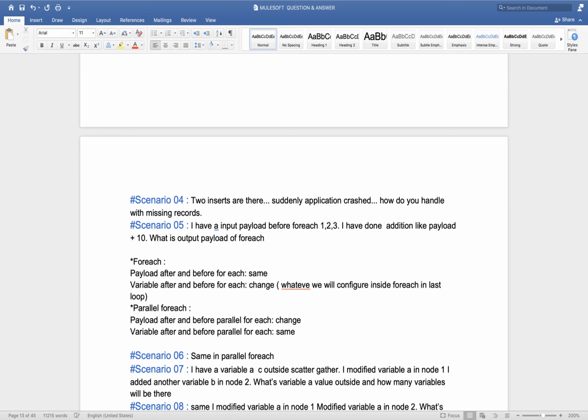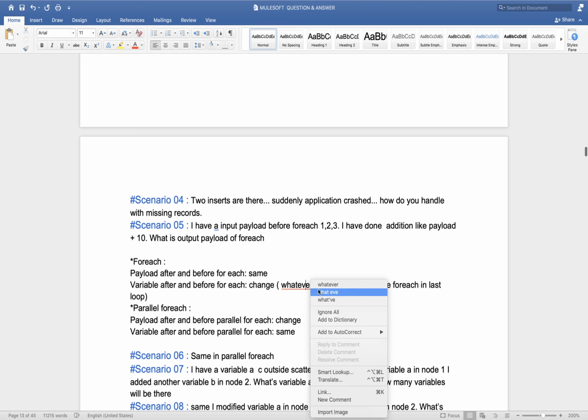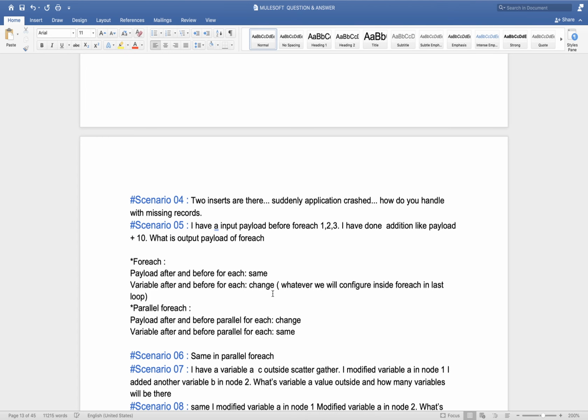In the last loop, whatever value is there, that value you will get. Now what will the changed value be here? The collection of all payloads in parallel for each. Okay, the variable after this will be the same.